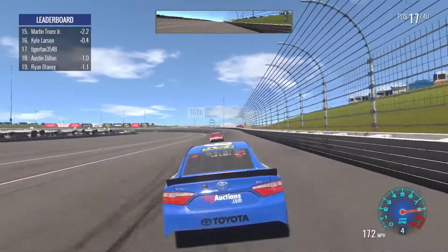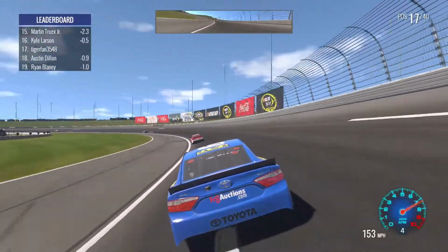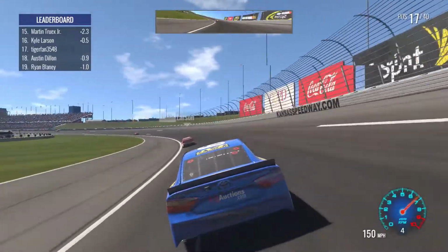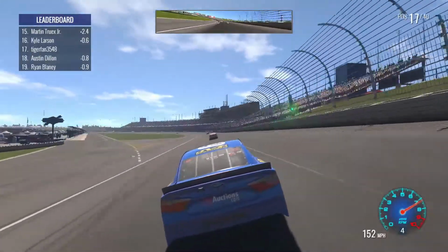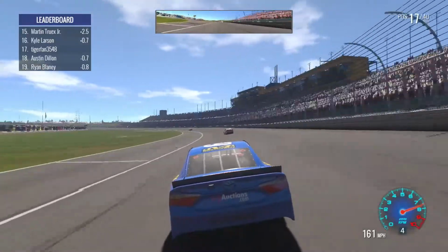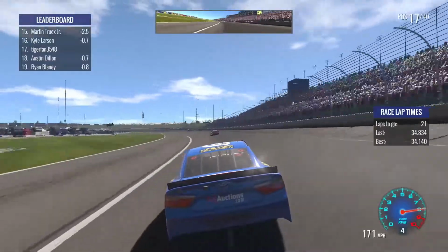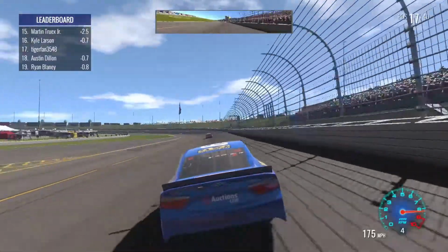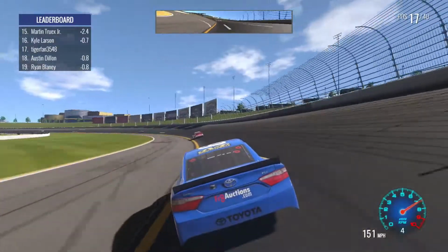Also, they released the full Truck Series lineup for NASCAR Heat 2 yesterday. As of the time I'm recording this, like I've said numerous times, I'm pre-recording 2 weeks in advance because I'm going to be gone for 2 weeks. So they released the full Truck Series lineup. There were some names on there that I was surprised by,